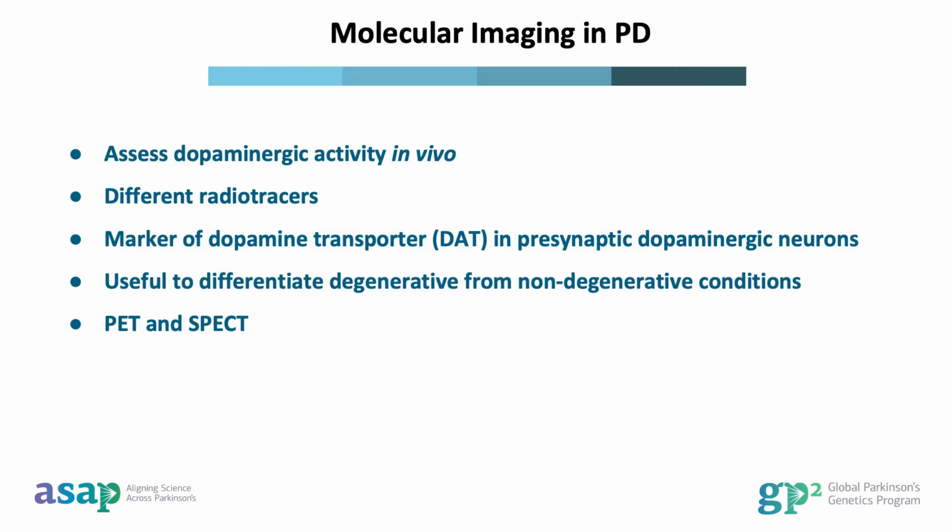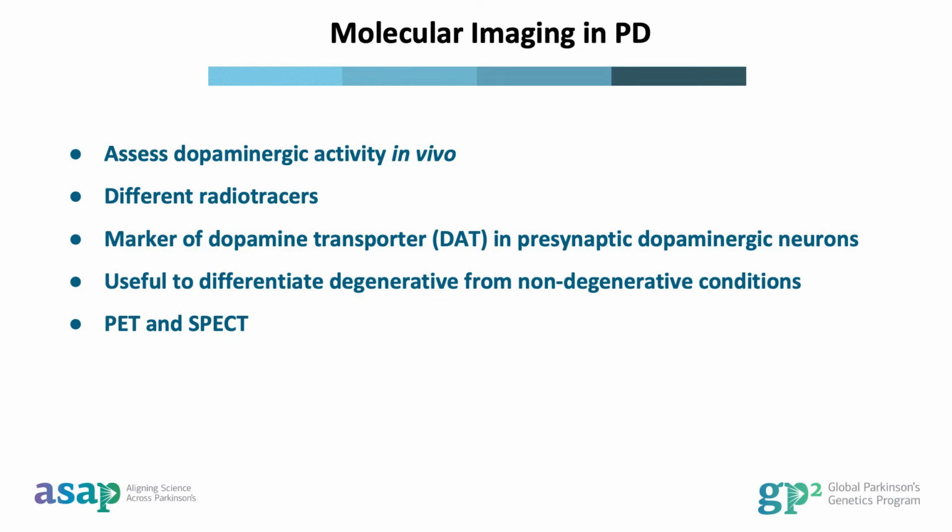Molecular imaging techniques are helpful tools for assessing dopaminergic activity in vivo. Although they cannot measure dopamine levels directly, these techniques use a marker for the dopamine transporter, DAT, located on the surface of presynaptic neurons, which can be used to assess the nigrostriatal dopaminergic system. From a clinical perspective, molecular imaging techniques are mainly used to differentiate degenerative Parkinsonism, such as PD, from non-degenerative conditions, such as